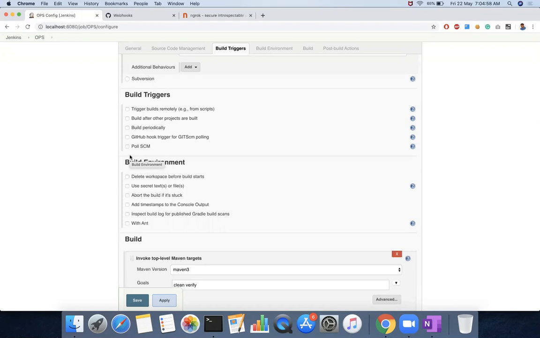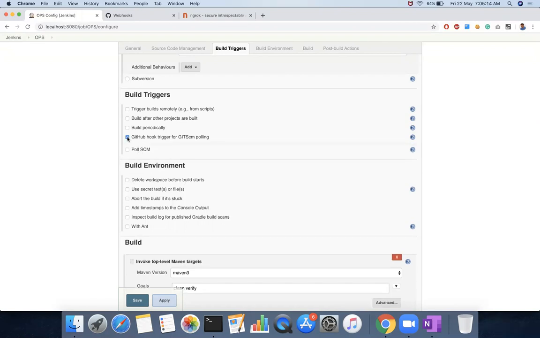To do that, we have to make certain configurations in Jenkins along with the GitHub side. The first option is to choose GitHub hook trigger for GITScm polling. Choose that and save it.